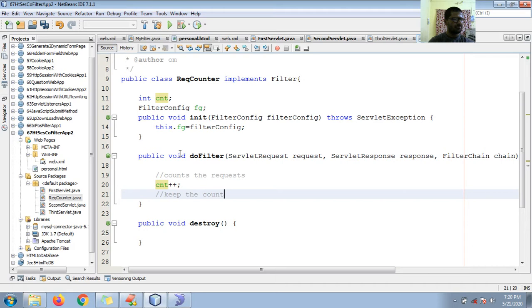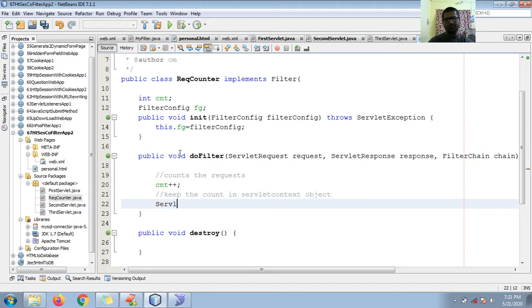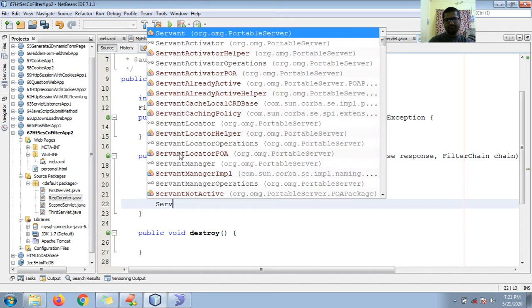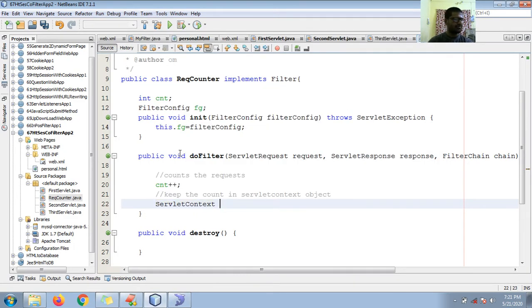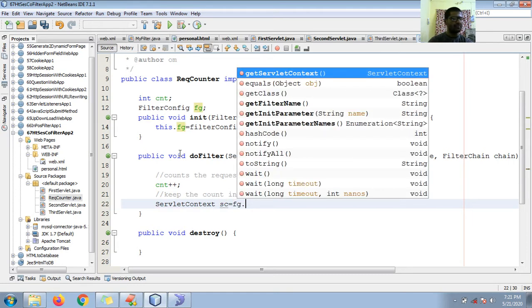Keep the count in the solid context object. To do that, first of all I need to get the solid context object. By using filter config you can get the solid context object.